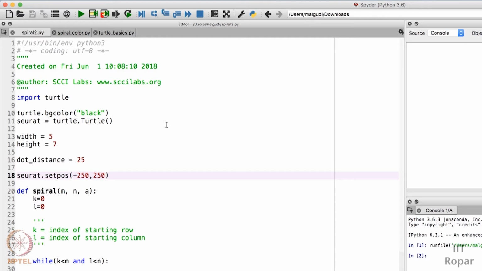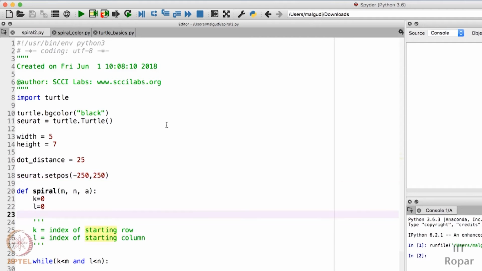It always starts from the center. So if you put 0, 0, the turtle will be at the center of the canvas, but I need it at the topmost left corner. So I am keeping the x coordinate as -250 and the y coordinate as 250.